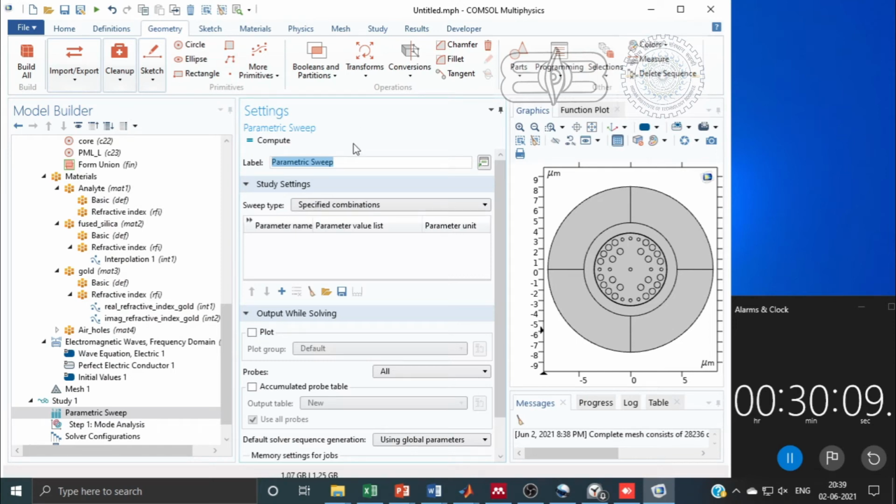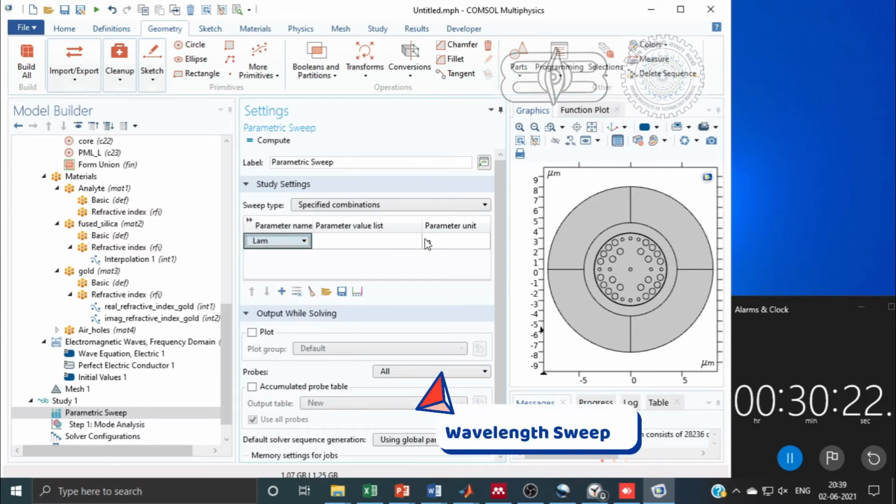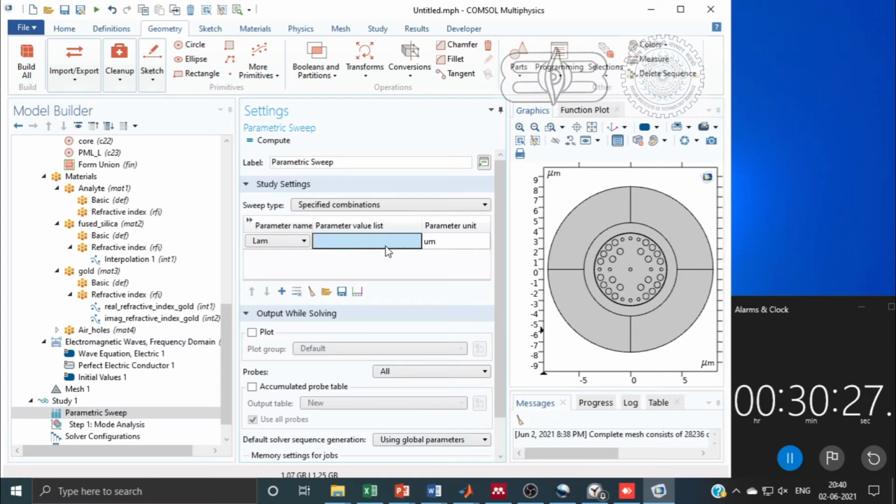Now we will add parametric sweep. So we will click on study, and then right click on it and add parametric sweep. This will change the wavelength. So we are going to sweep the wavelength. For that we have to click on the plus sign, and a list will come. Out of that we will select lambda,